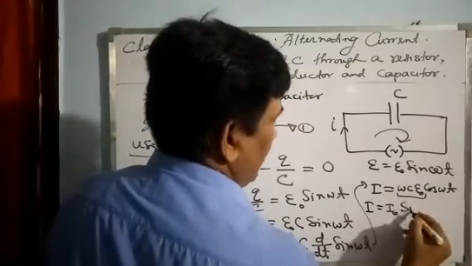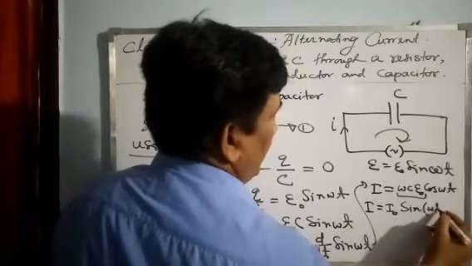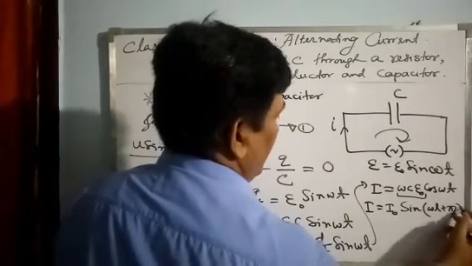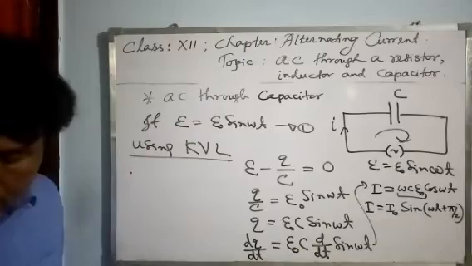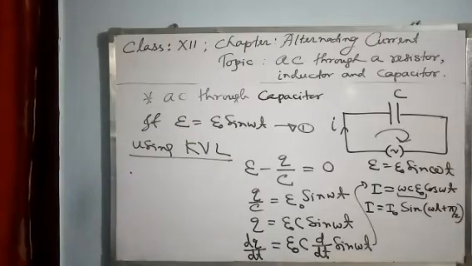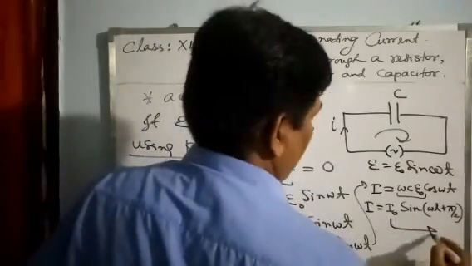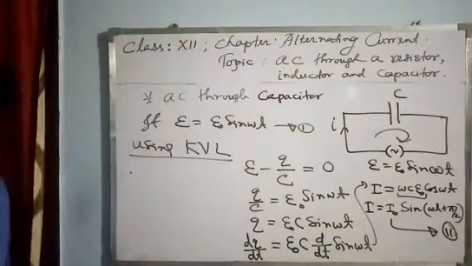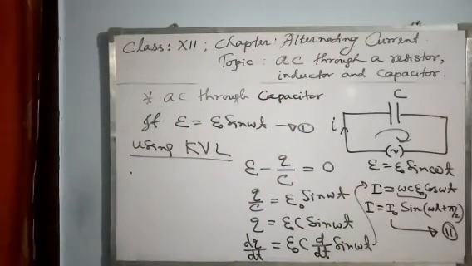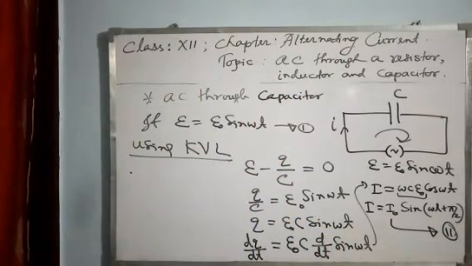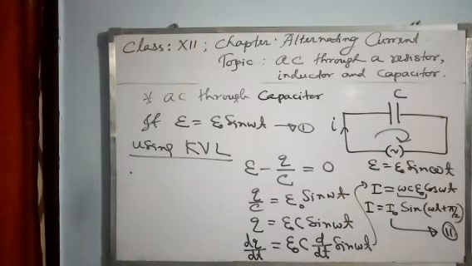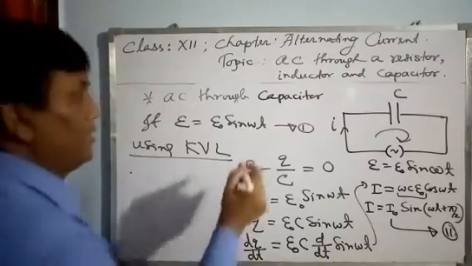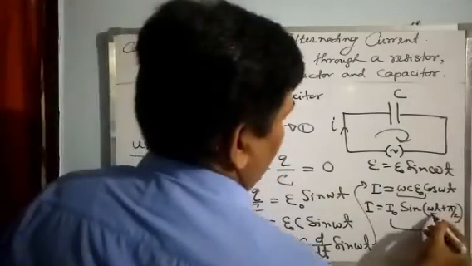And cos theta can be written as sin(omega t plus pi by 2). You know, sin(90 plus theta) is cos theta, na? So this is equation number 1, this is equation number 2. Again, I need to compare both the equations. How are voltage and current oscillating? Are they oscillating at the same frequency? Yes, they are, because this is also omega, this is also omega.